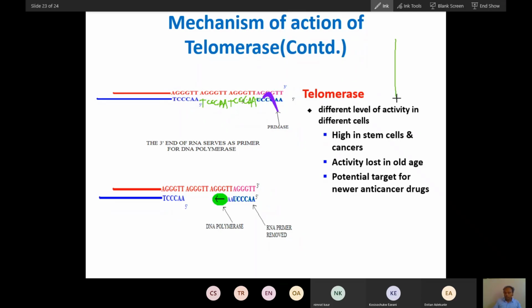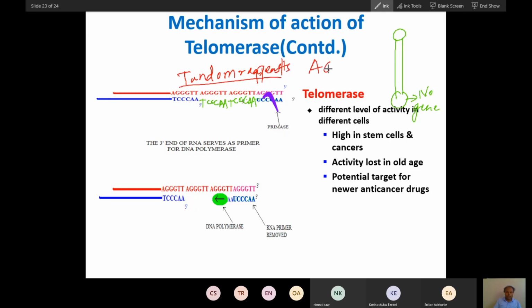You can see all DNA has a telomeric end. So this telomeric end is a very safe end, where there is no gene. Gene is not present here. Rather, this part is for securing the gene. And these are tandem repeats. At telomere, you will find tandem repeats. Tandem means repeat in sequence. So these are repeats of a certain nucleotide sequence.